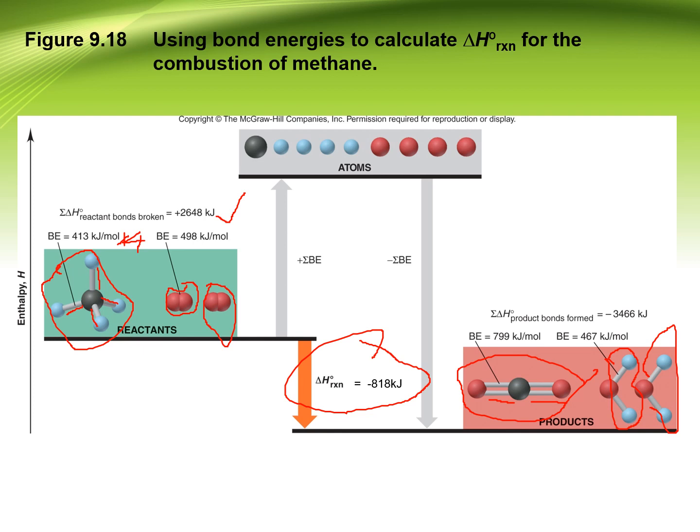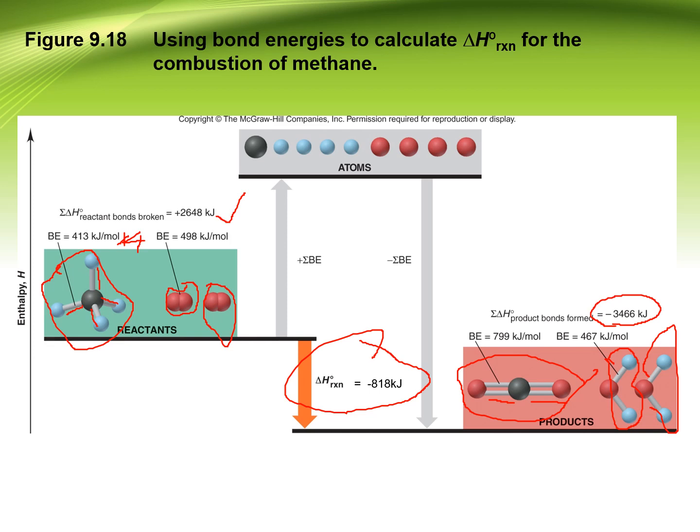When you calculate all the bond energy in the products, you will get this negative amount, meaning that energy is released during the formation of bonds. Then you calculate the difference between bonds broken and bonds formed, and you will get this enthalpy of reaction, meaning that negative 8.8 energy is released during